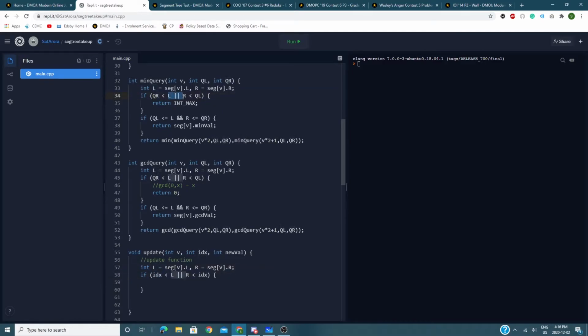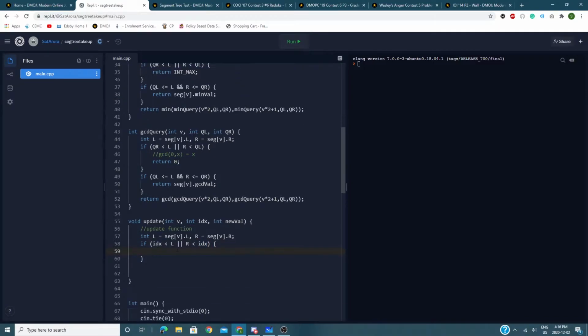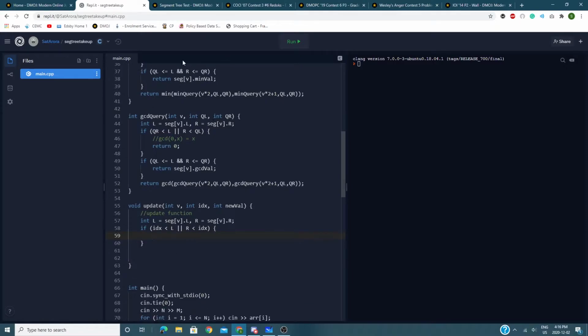The left and right stayed the same, and then I just replaced the QL with IDX. So hopefully you see the similarity with the GCD and min query, and the update, how the ranges and the cases work. So if IDX is less than L or right is less than IDX, that means it's completely outside the range,